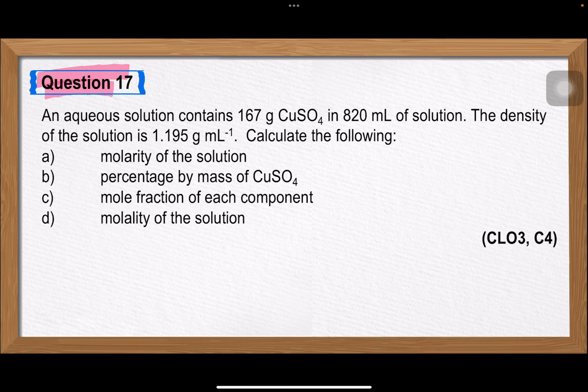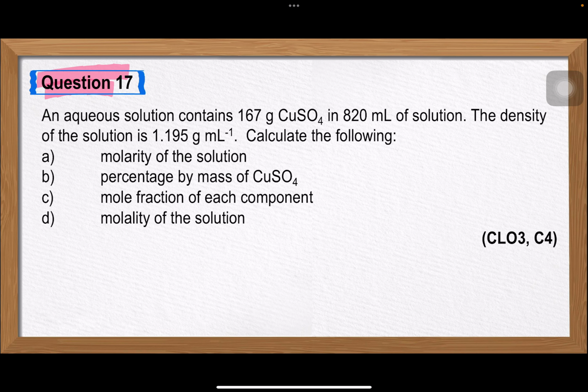Number 17. The question: from the data given, calculate the molarity of the solution, percentage by mass, mole fraction and molality. The first is molarity. From the data, 167 gram copper sulfate, 820 milliliter solution, density is 1.195 gram per milliliter. Calculate the following. For molarity first,